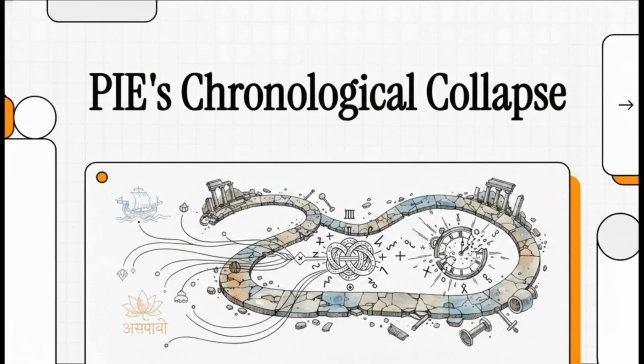Today, we're tackling one of the most widely accepted historical frameworks in all of academia, the timeline of the Proto-Indo-European language, or just PIE for short. Now, this is the theoretical mother tongue for everything from English to Sanskrit. But instead of arguing over ancient artifacts or getting lost in the weeds of complex grammar, we're going to do something way simpler. We're actually going to test this established academic framework against its very own fundamental arithmetic.